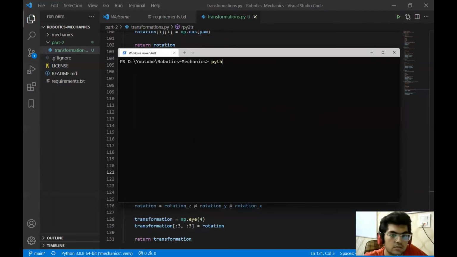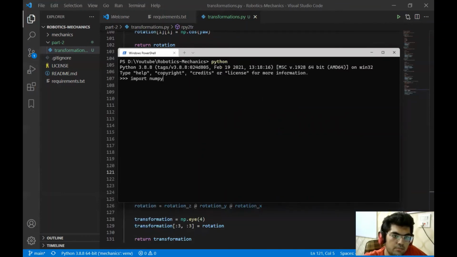Okay, so we can go to Python and import NumPy as np. Let's have this transformation matrix like np.eye of 4. Now we know 4 is something like this, and let's have a equals np.eye 3.